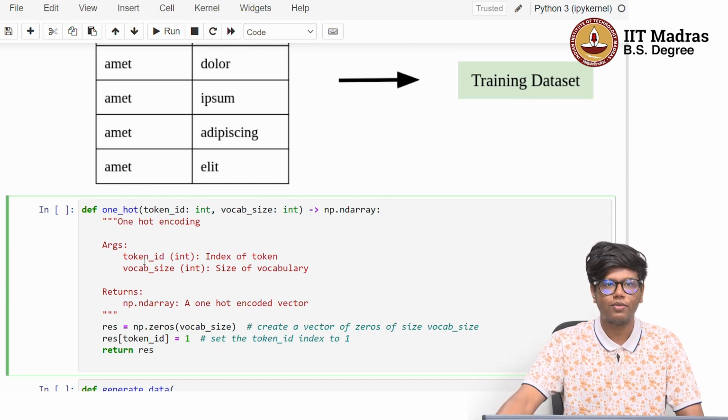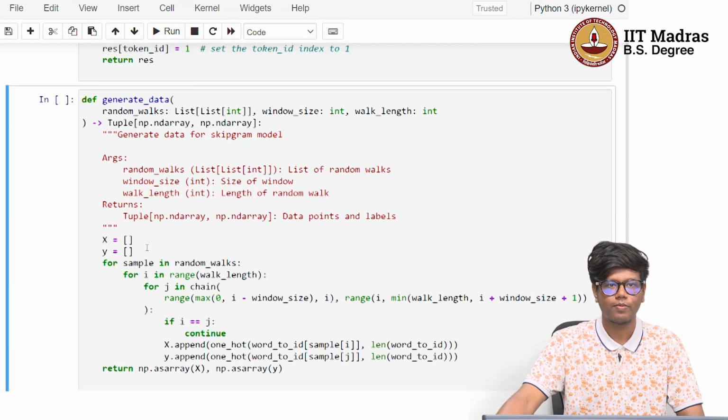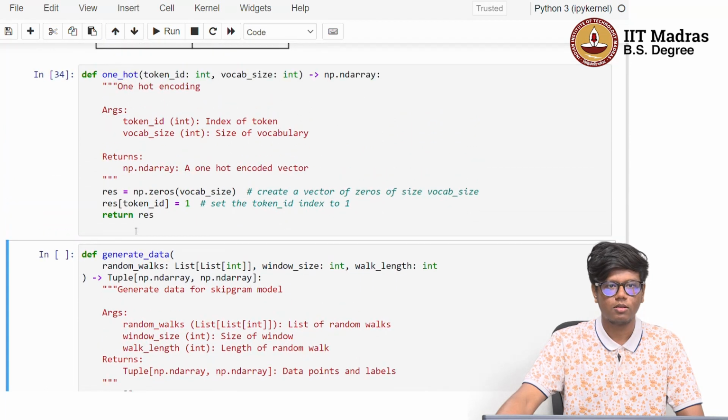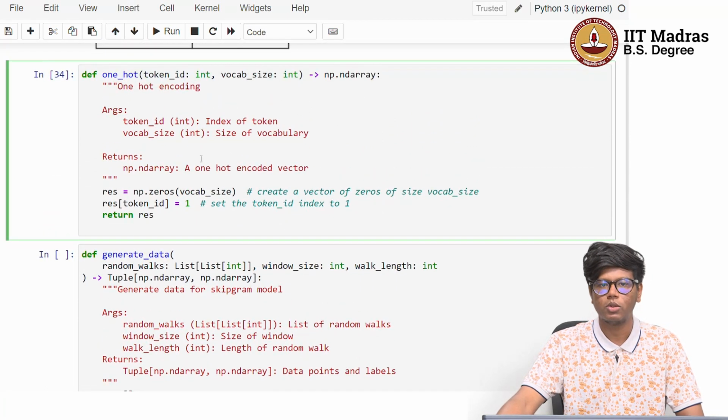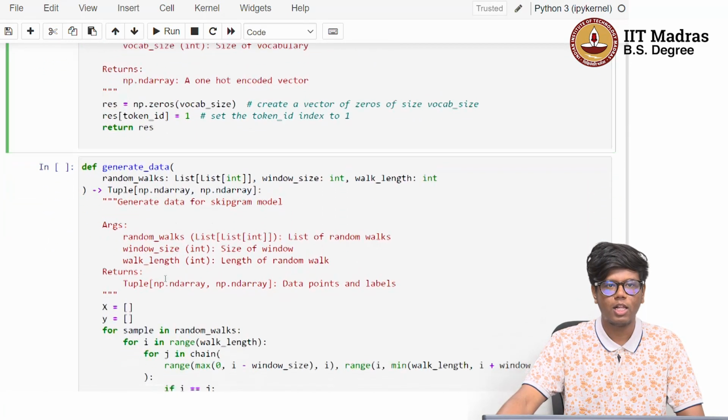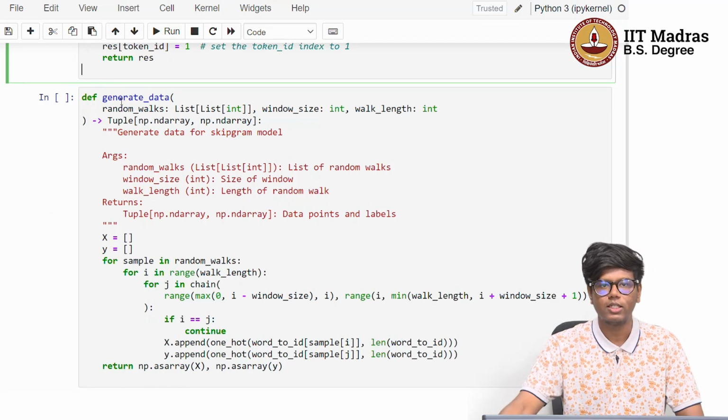Suppose node 340 is present and the corresponding ID for the node is 0, we will have a vector of size 516, and the 0th element will have the value 1, and the rest will all be 0. This is how the one-hot encoding works,